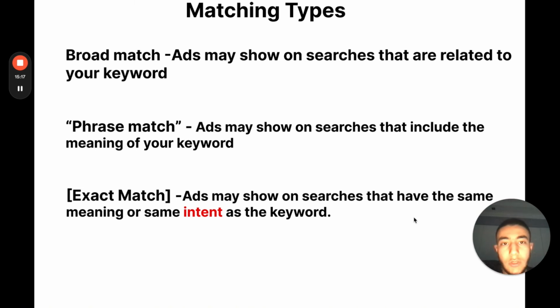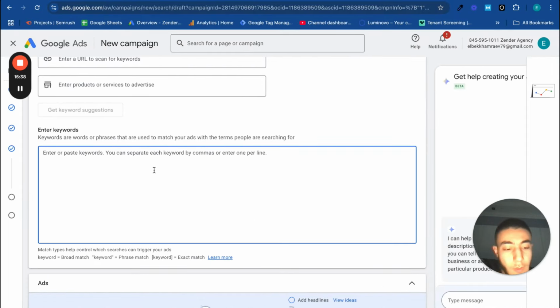So only people who are searching for plumber near me, hire a plumber, or something like that are going to be matched with the keyword plumber near me if you use exact match, and you have to put them in square brackets. So now I'm going to use exact match and choose plumber near me,